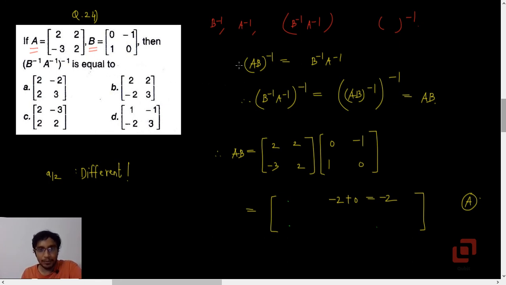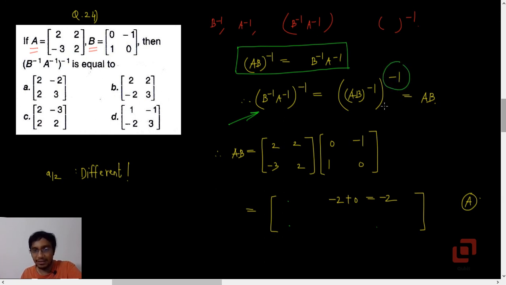Okay, so this problem is based on the following property which we have used in that adjoint of adjoint A problem. Okay, which is AB inverse is B inverse into A inverse. So inverse of B inverse into A inverse, that's what we want, is nothing but AB inverse's inverse. Yes, if you identify this, your job is done. Because the matrix, if at all, has an inverse is unique, we can use this property and say that inverse of AB's inverse is AB itself. So all you need to do is to find the product of A and B.